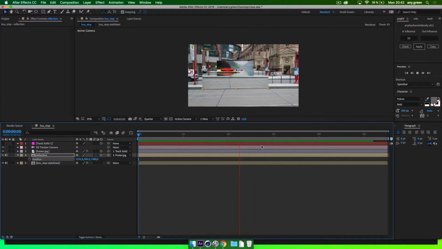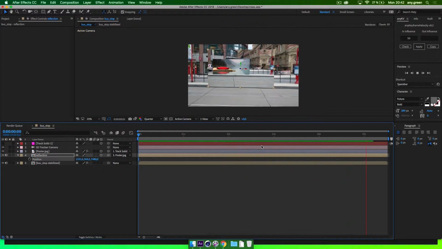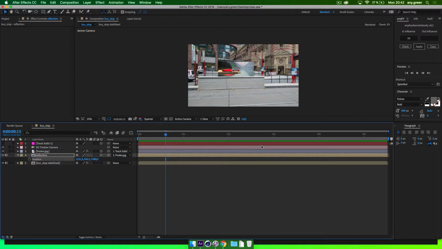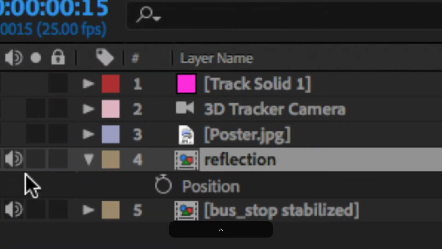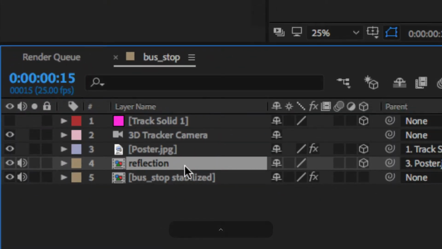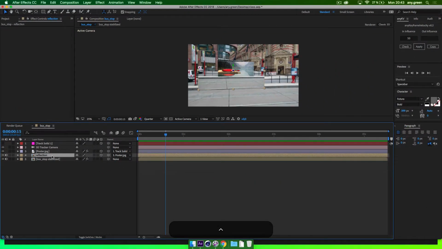Can you redo those steps? For mine, when I hit enter after I've selected a name, it did something entirely different. So you wanted to select the layer that you duplicated and deleted the effect from. Then you hit enter, and then you should be able to rename it. Right? No, if I highlight it and I hit enter, it still just starts playing the